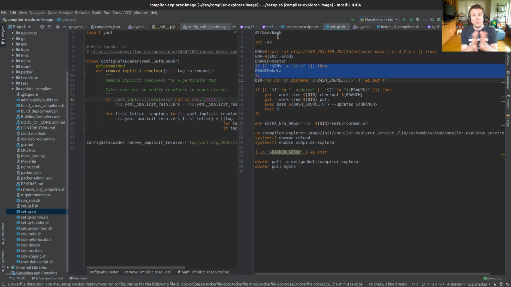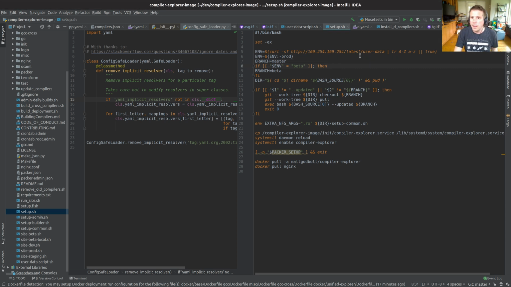No, this is exactly the point. I definitely want to run the master branch in staging, whereas in the beta environment, I do want to run the beta branch. And what I mean by the branch there, this is the branch of the project which does the configuration. This is not Compiler Explorer itself. The Compiler Explorer site is a tarball that comes down and is just run. But the infrastructural stuff comes from here. And so the infrastructure will be the master infrastructure and not the beta infrastructure, because we want to test that before we go, everything's fine. Now, I may come back and actually have a staging infrastructure at some point, but this is one of the main reasons for making this difference.